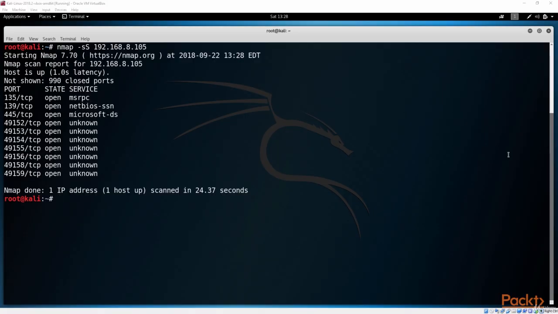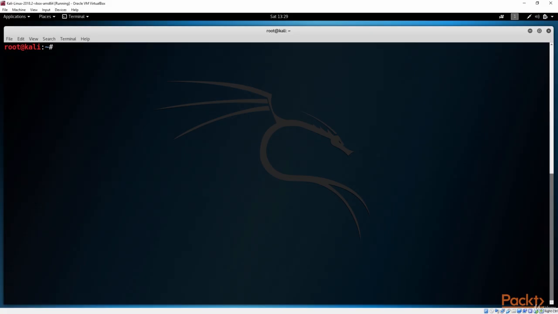All right, so what we have here is we have done a normal scan that shows that there are 990 closed ports on my server, and there are a few open ports that are normally open by default. Let's have a look at another way of scanning quickly. Let's clear the screen, and we're going to say